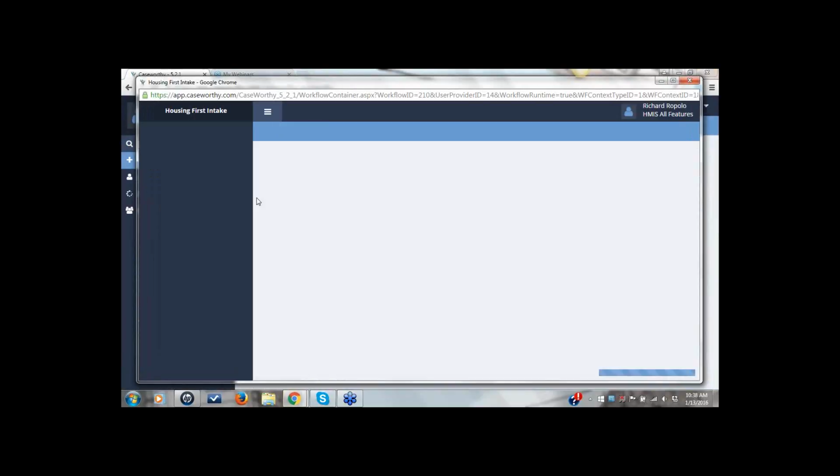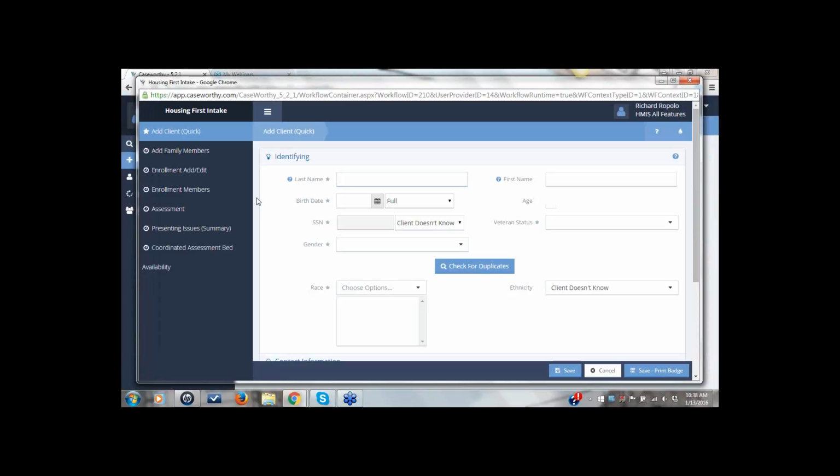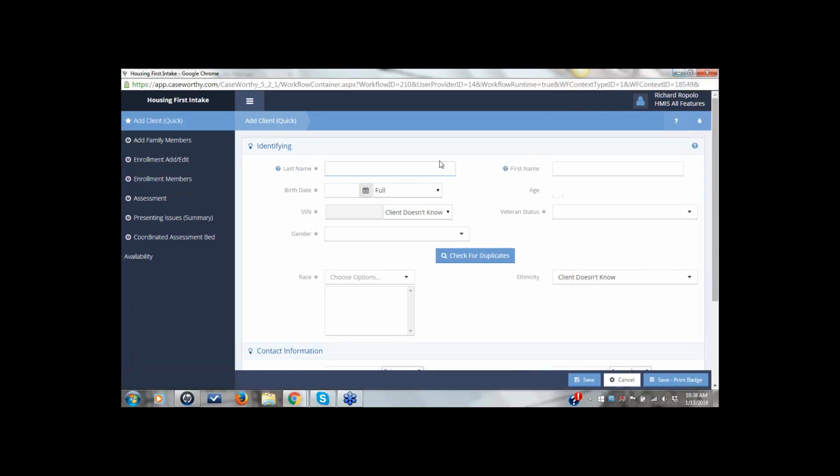And so we're going to go ahead and launch this Housing First intake, and this is the intake that we looked at on the setup side. Now, we know that we're booked for the evening. As part of this intake, these are the steps that we have identified, and